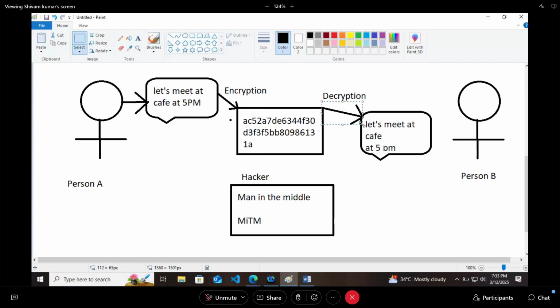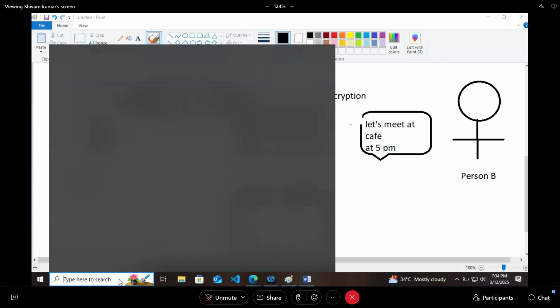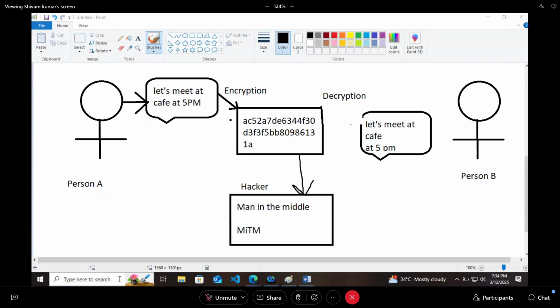Again, the hacker hacked the system. And how did the hacker hack this time? This message came to the hacker. Whatever the actual message is doesn't matter. Just this message came to the hacker. The hacker deleted the message, and I have shown how you can delete the message of someone. Let me show you again how this is done.